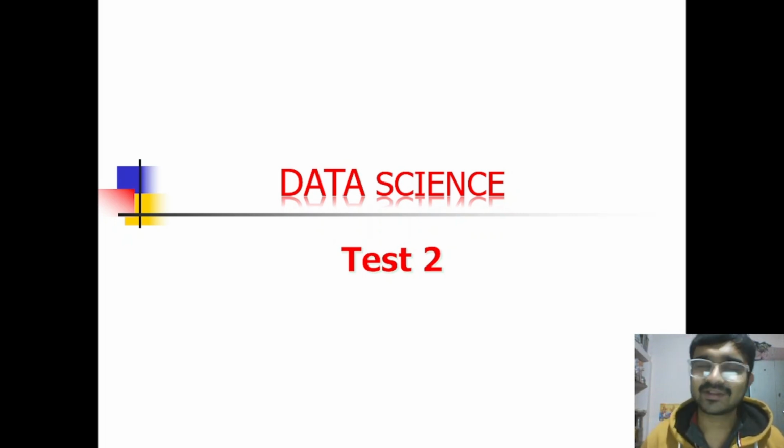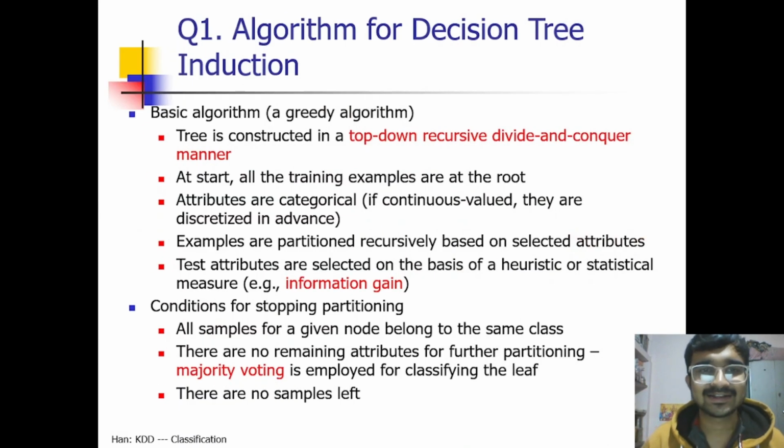So let's start with our first question, that is algorithm for decision tree induction. In this question we have to write the algorithm for decision tree induction. So we have a basic algorithm, a greedy algorithm in which a tree is constructed in a top-down recursive divide and conquer manner. At the start, all the training examples are at the root and